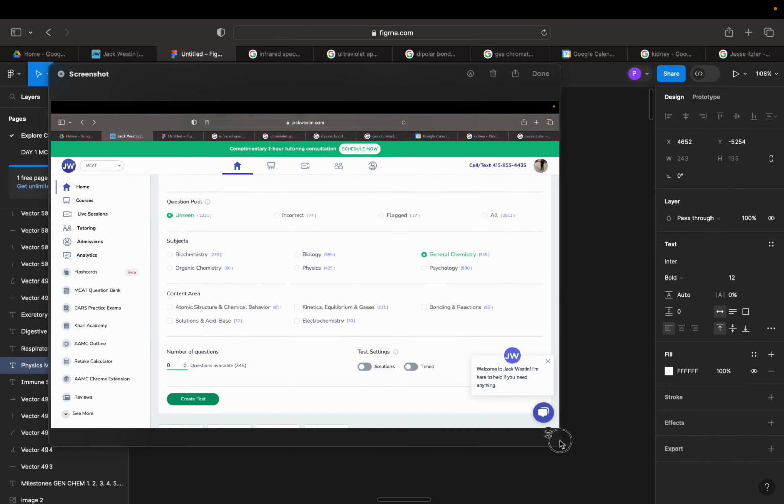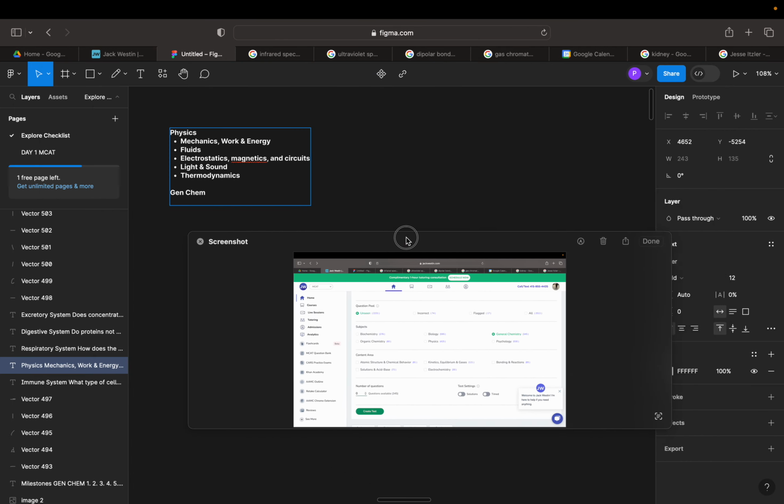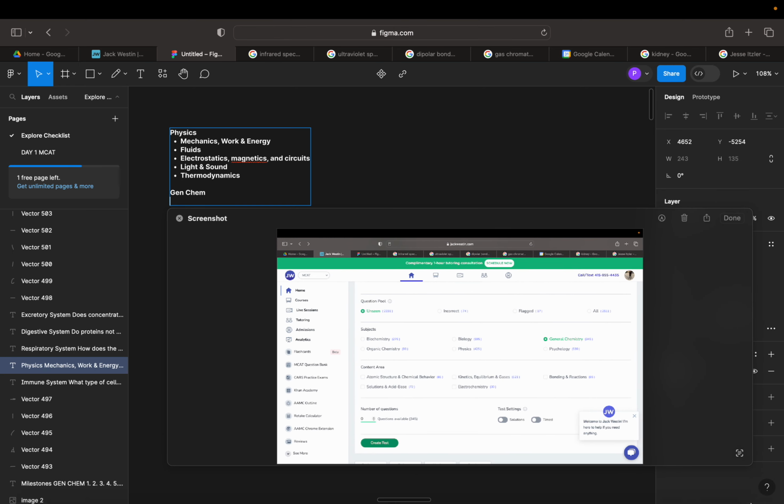Can we make this smaller? Yes. So for Gen Chem we have